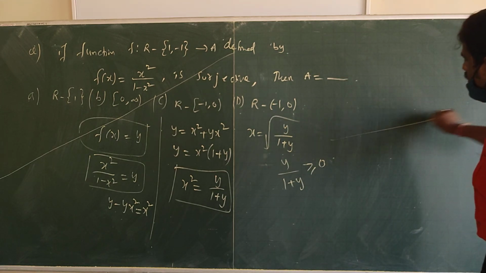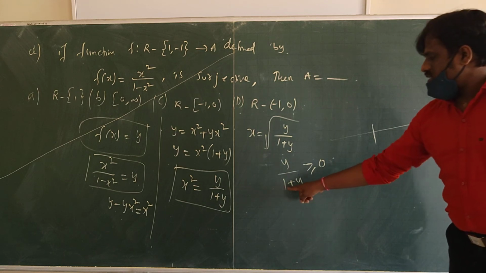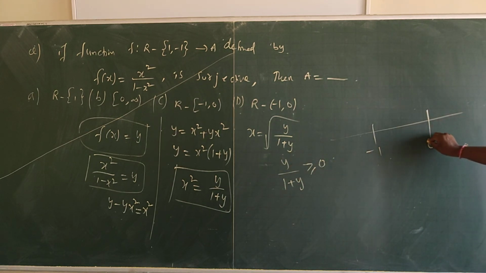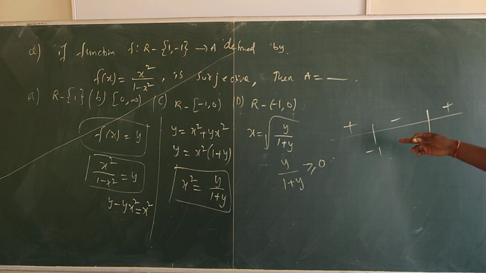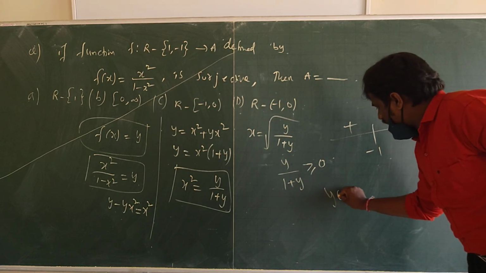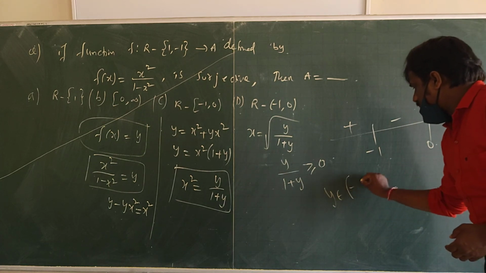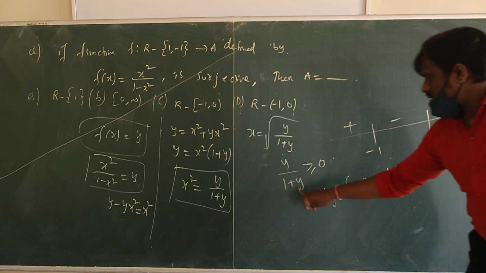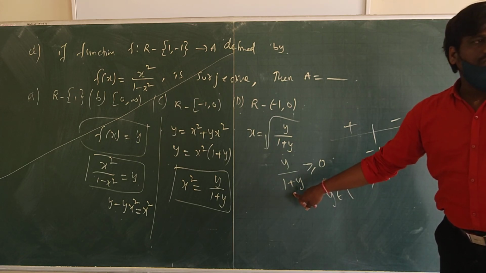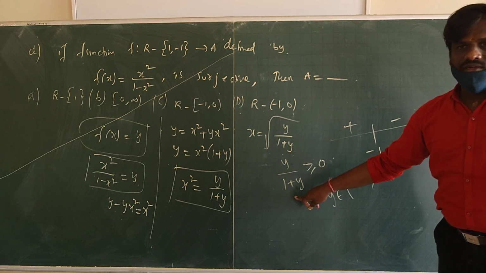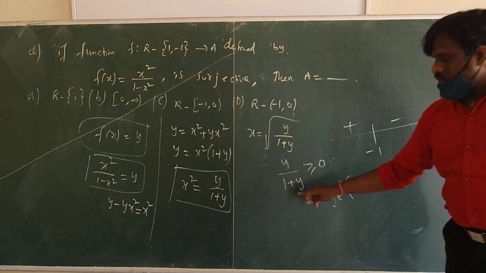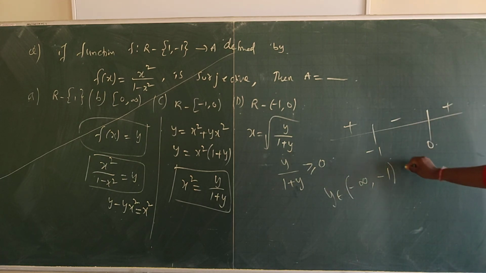आपको वेवी कर्व मेथड पता है? ये इसका वैल्यू -1 है, इसका 0 है, y 0 है, y प्लस 1 0 है -1 है. इधर प्लस माइनस प्लस, सो आंसर प्लस का होगा. So what is the range here? y belongs to minus infinity to -1, इधर -1 नहीं होना चाहिए. If it is -1 it will become 0, and something by 0 is undefined. तो -1 इज ओपन, यूनियन 0 to infinity, बस यही रेंज है.